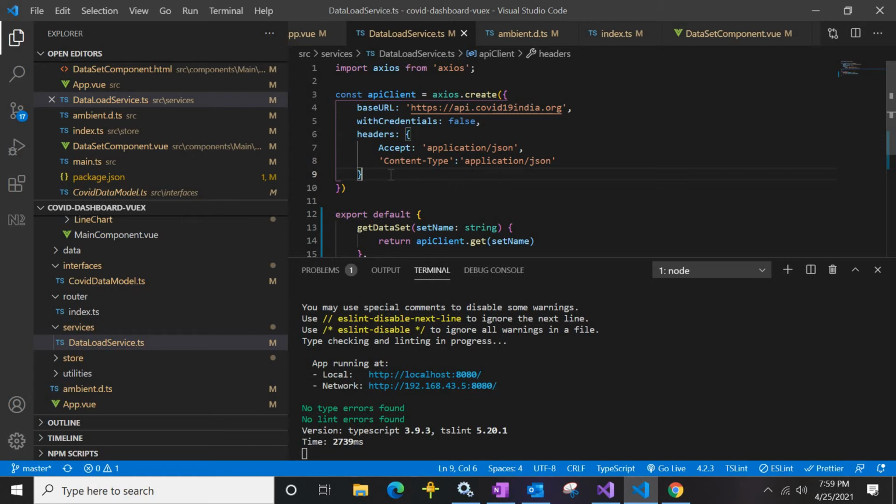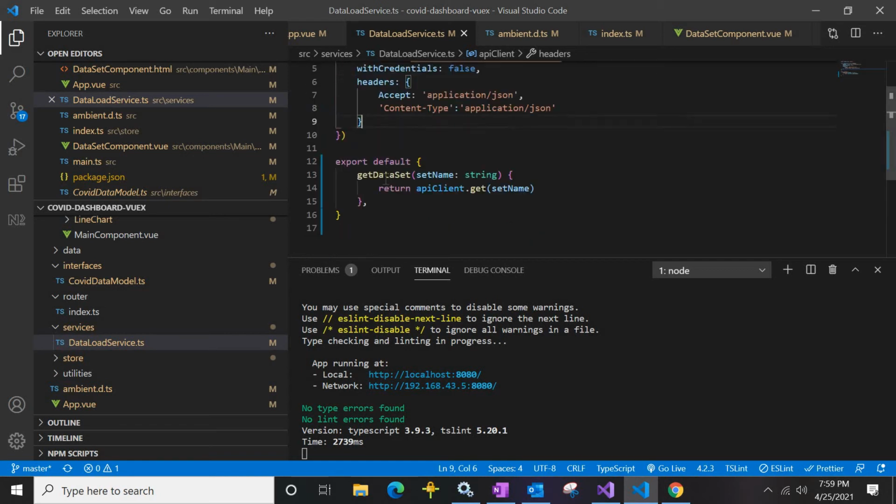We will show that in another video, how we can do authentication. Suppose you created your own API and only the specified authenticated user should be able to access that API. So how you can control that, those details we will show in another video. So here we have just given these details.